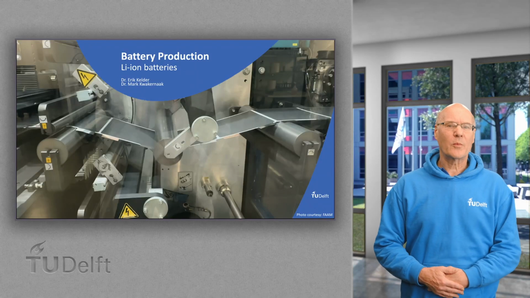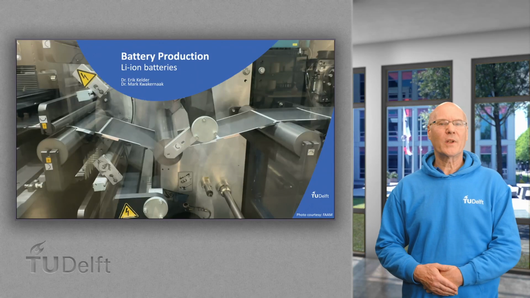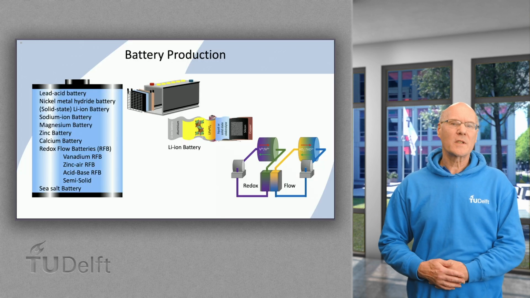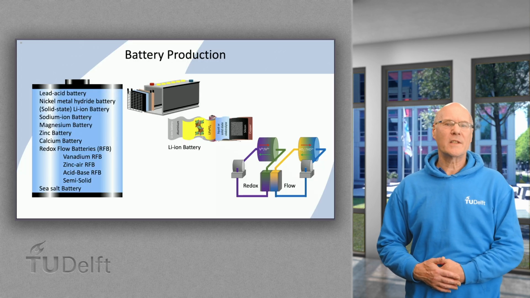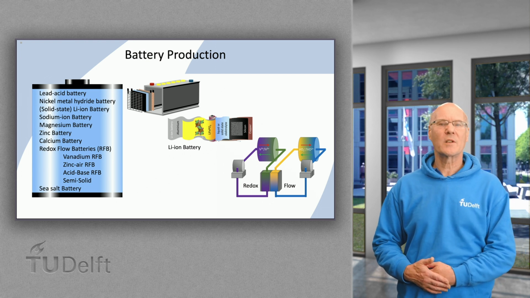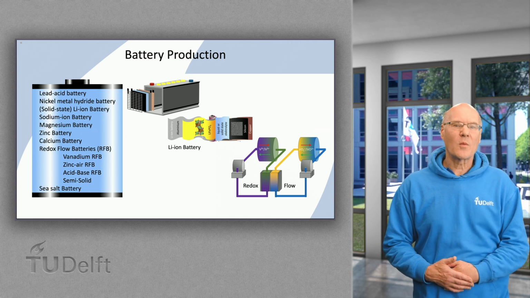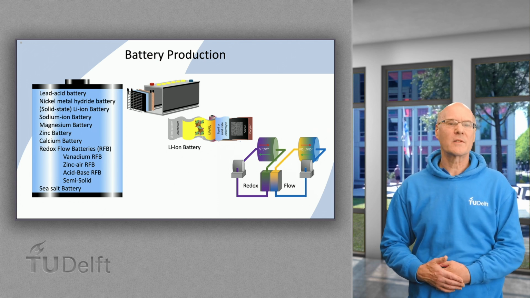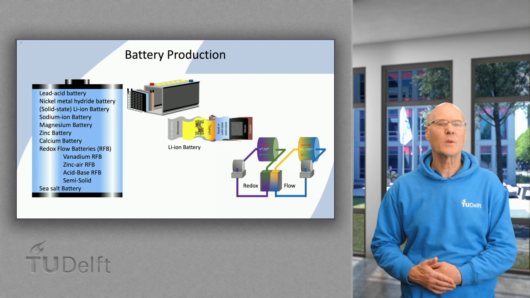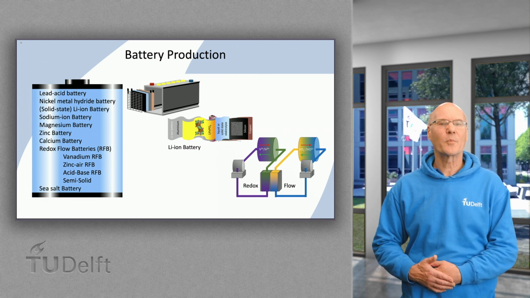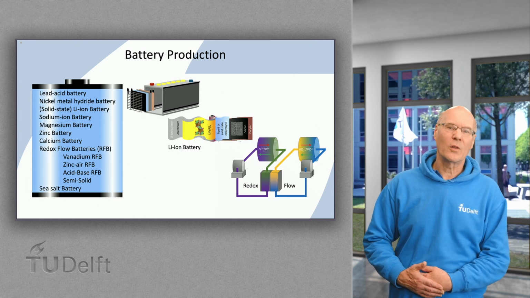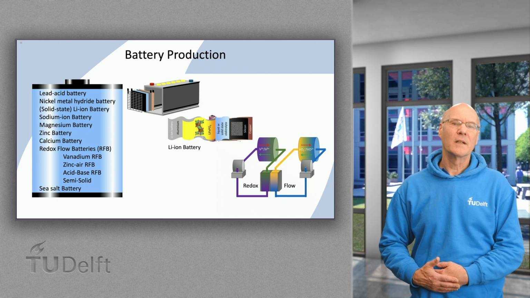This unit is about production of batteries and in particular on the production of lithium-ion batteries. Obviously, there are many other battery systems around, but certainly a number of these will have similar production methods. Once it comes to redox flow systems, for instance, the production is merely on material synthesis of usually simple compounds, and that is not part of this MOOC. Therefore, we will focus here on lithium-ion batteries.